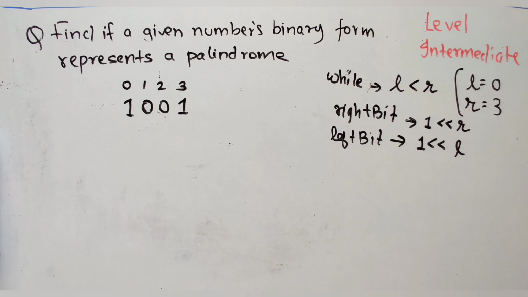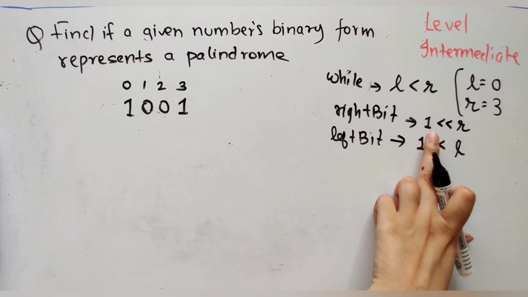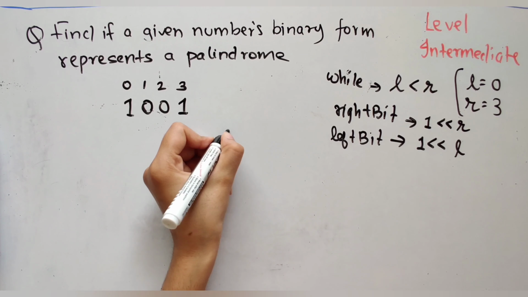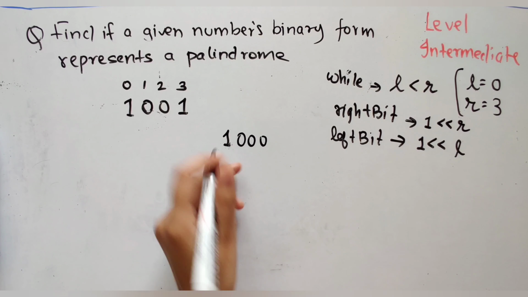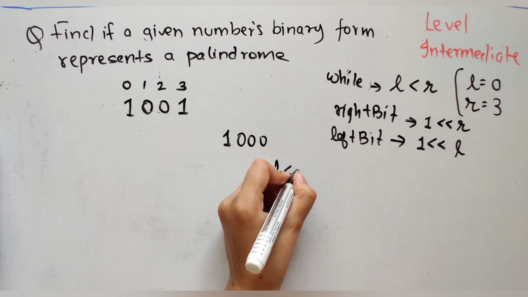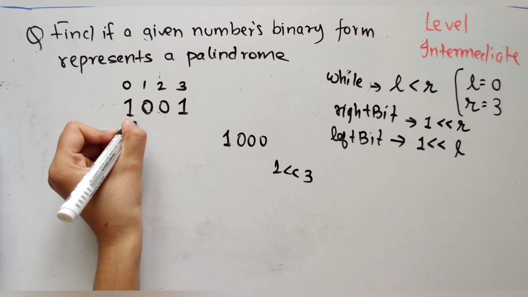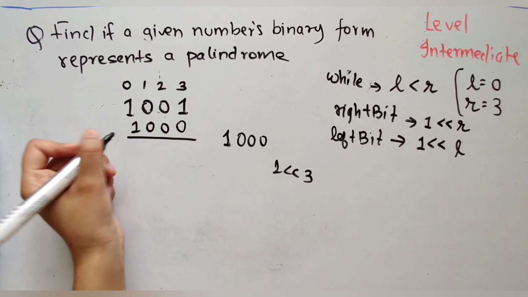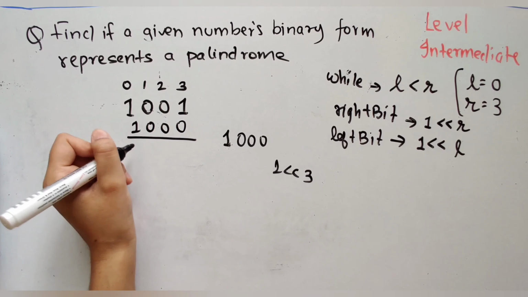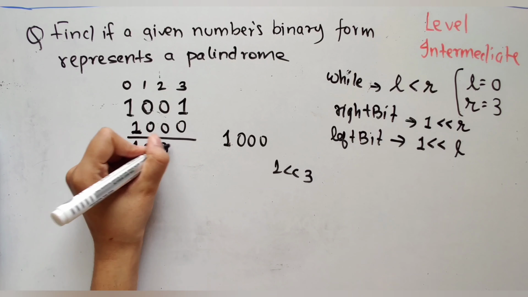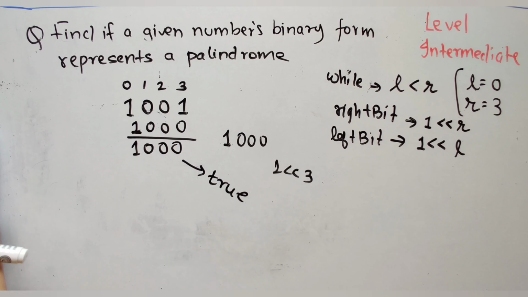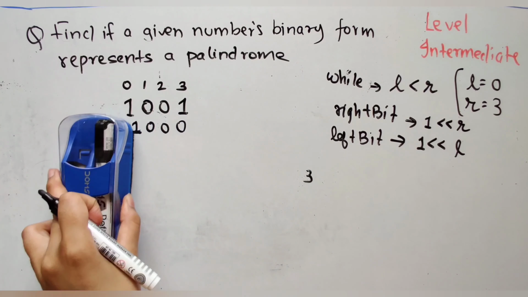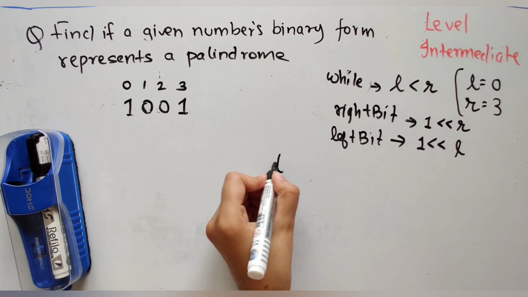Okay. Now let's see. I'm going to do first 1 left shift r times. What is the value of r? It's 3. Okay. So I'm going to get 1 0 0. This is what I'm going to get, right? If I do 1 left shift 3 times. Okay. And what is that going to return me? It's going to return me a value which is not 0, because on top of this 1 bit, there's a 1. Okay. So in case if I'm getting this, I'm going to return true. If it's not all 0, I'm going to return true. Okay. Let me just write it down here that we received a true.